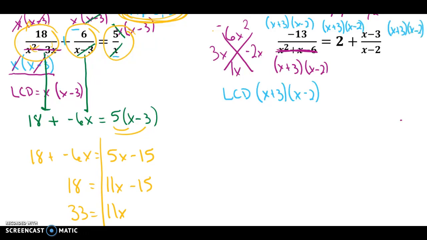And again, the reason why we're doing this is these numerators that I've written down, this LCD, is going to cancel out all the denominators, so then I won't have a denominator, and it should be pretty simple to solve for x. So going to my first fraction,